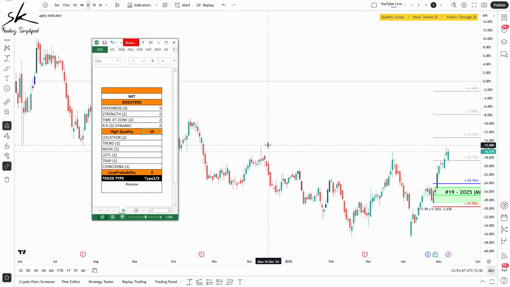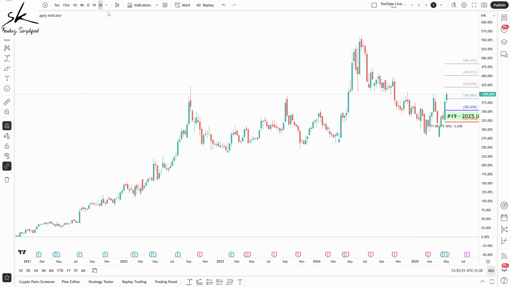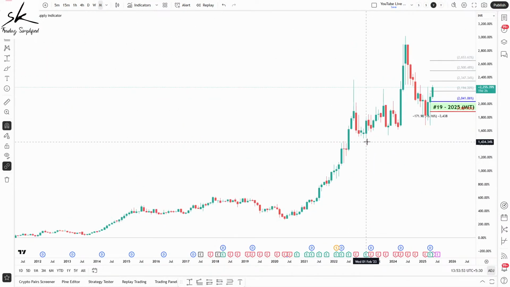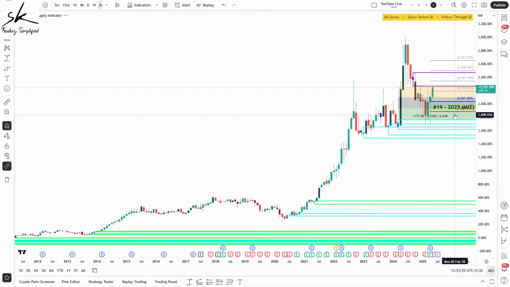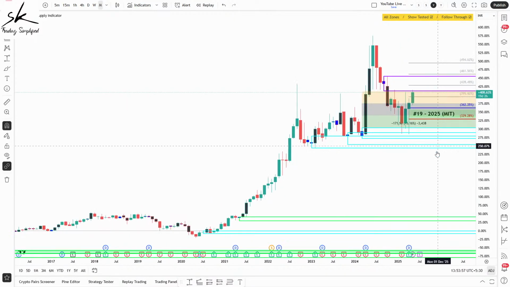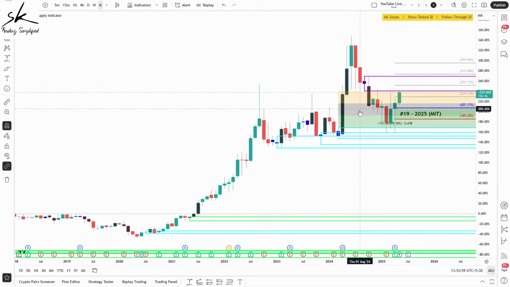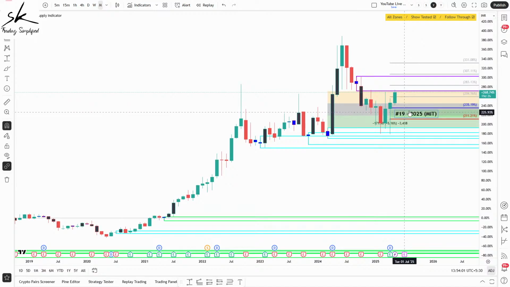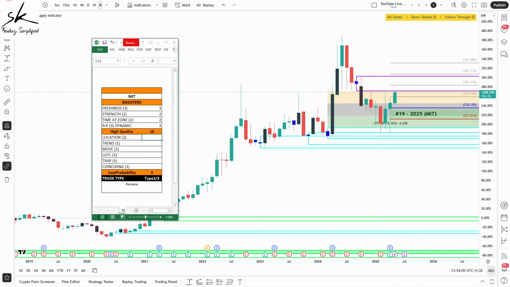So now talking about the probability, if we start with the location, we'll have to go to the high time frame, right? If you start with the location, you can see that this zone is located middle of the curve. Why middle? Even though it is overlapping two different areas, we always check where is my entry point, right? So the entry point is middle of the curve, which gets a score of 0 because middle of the curve is not a very conducive location, not even very bad. So that's why we give it a score of 0.